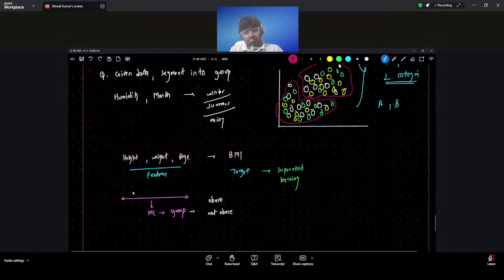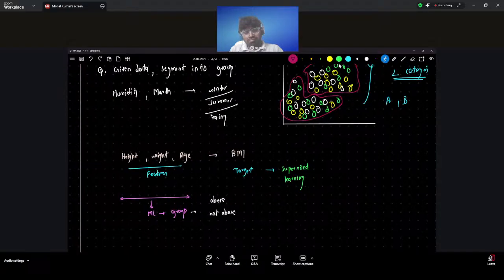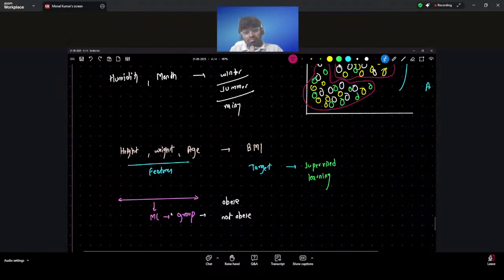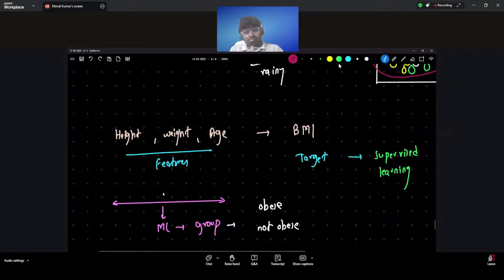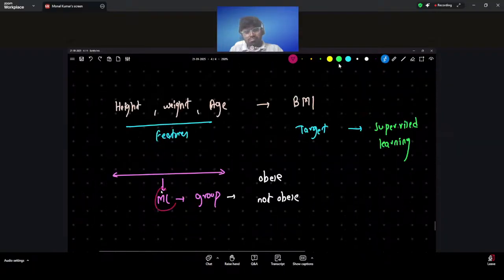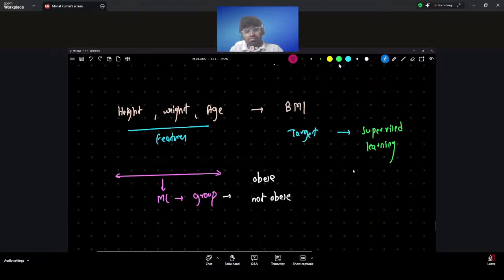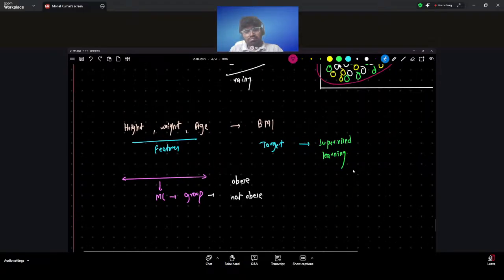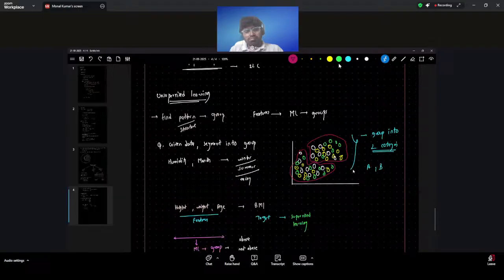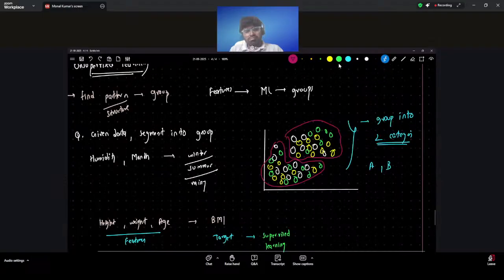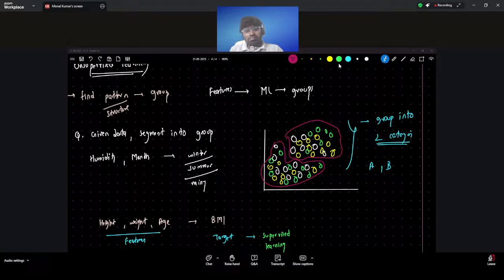Yes. In this particular case, we don't know the answer. We want machine learning to give us some insight. We are looking for insight. But if there are patterns, we will use these patterns to create groups, clusters. That's what it is. Sir, can it be something like as age increases, the weight increases? Yes, Rahul. Yes, Venkatesh. I will also give it that.